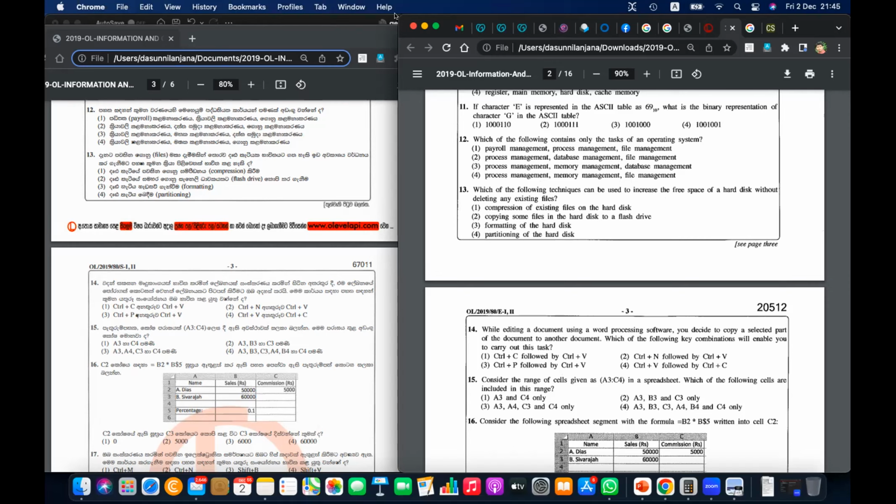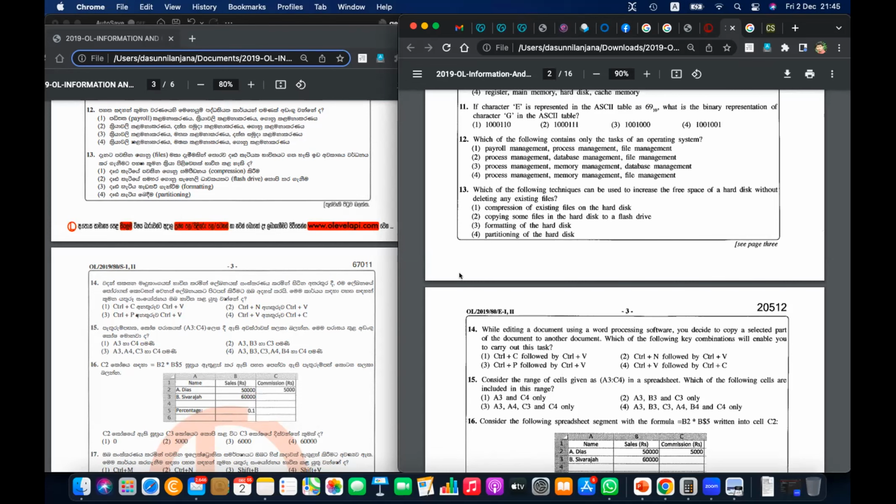So number 12. Number 12 answer is what? Answer is 4, right? Yes. Number 12 answer is 4. Correct. Any others? No. 4. Okay. Which of the following techniques can be used to increase the free space of hard disk without